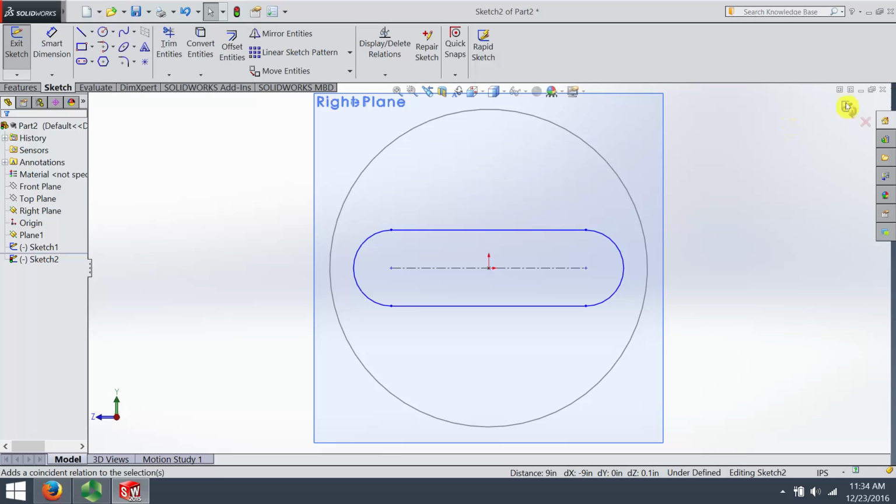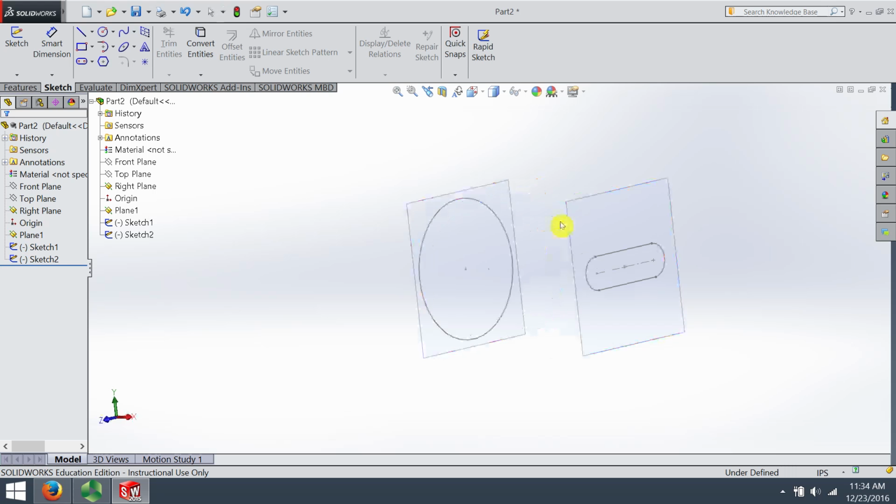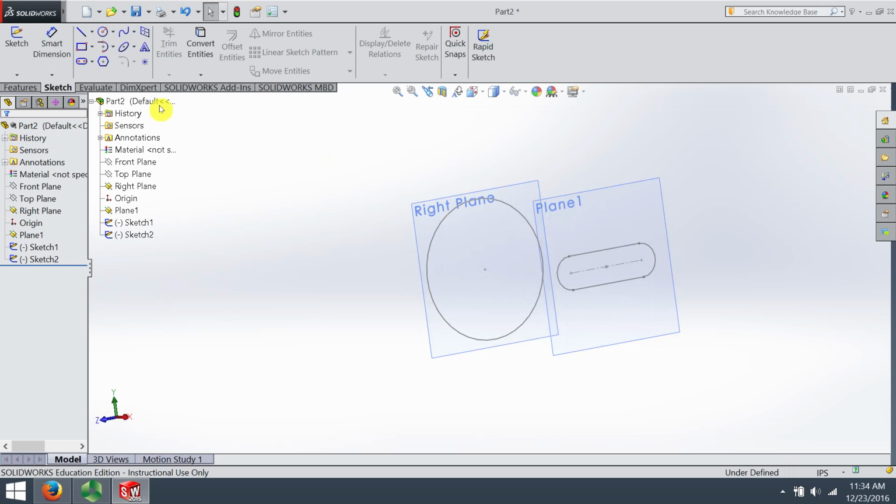Okay, so I'm done with those two sketches. Now, as soon as you see this, you kind of see that you could hardly build this model any other way but to loft it. And of course there are ways. You could sculpt it into shape. But this is definitely the easiest way. So I'm going to go to Features,